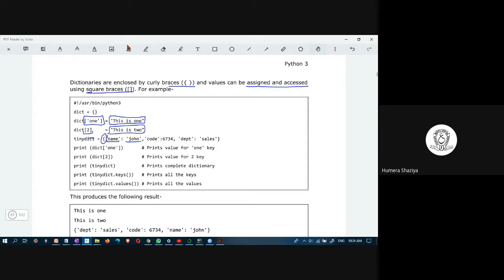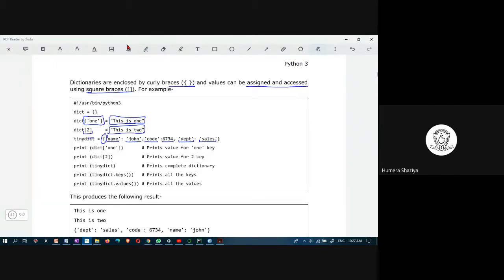This is known as key, and this is known as value. Here the key is name, value is John, both are strings. Here the key is a string which is code, and the value is a number, an integer. The third element is having a string as the key and string as the value. Any combination is possible.